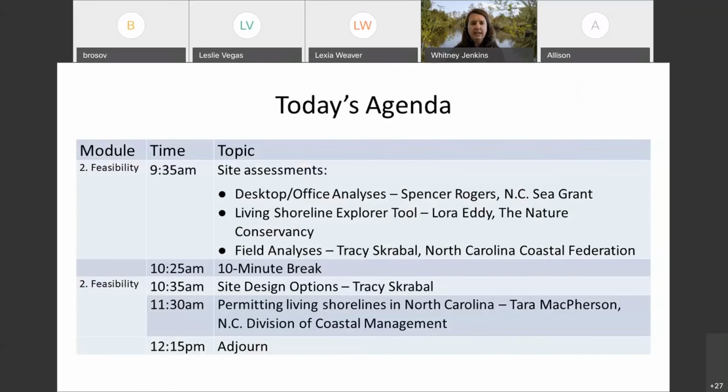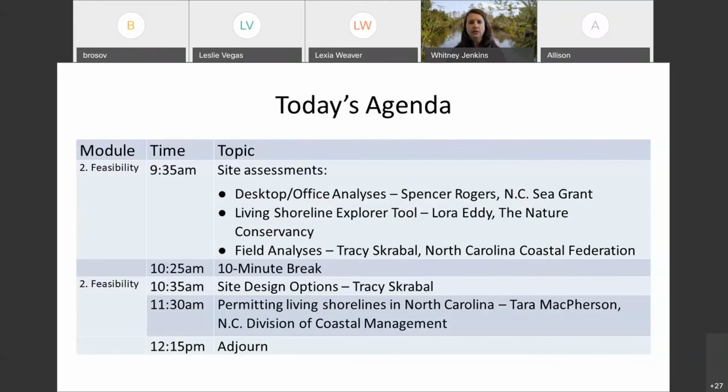So our agenda for today, first we will hear from Spencer Rogers with North Carolina Sea Grant. He'll walk us through how to do a desktop or computer office analysis of site factors. Then we'll hear from Laura Eddy with the Nature Conservancy. She's going to show us the Living Shoreline Explorer tool. Then Tracy Scrable from the North Carolina Coastal Federation will talk us through how to do a field analysis for